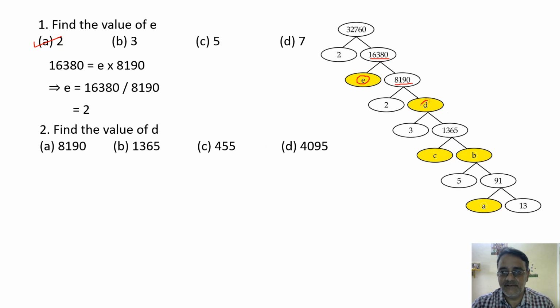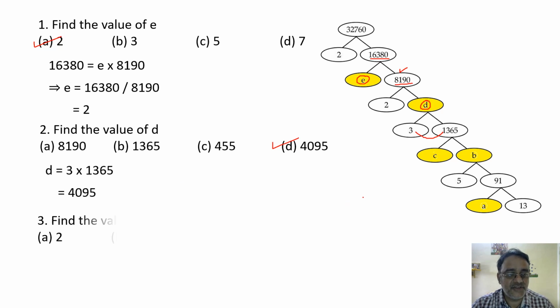So D का value. 4095. Again we have to divide, right? Correct. 4095. Otherwise we can multiply these two also. There are two ways. या तो ये दोनों को divide करो, या तो ये दोनों को multiply करो. Is that clear? You will get the same answer, 4095 only. You can divide these two also or multiply these two also. Okay, fine. So the correct option is option D.